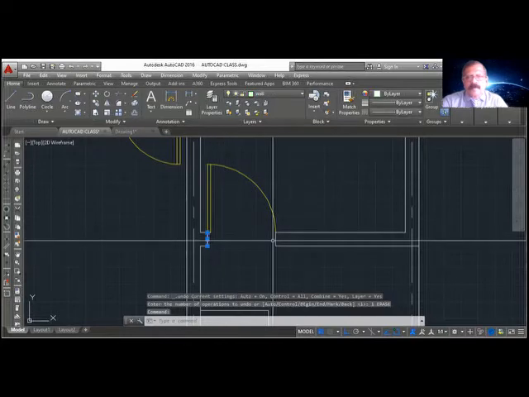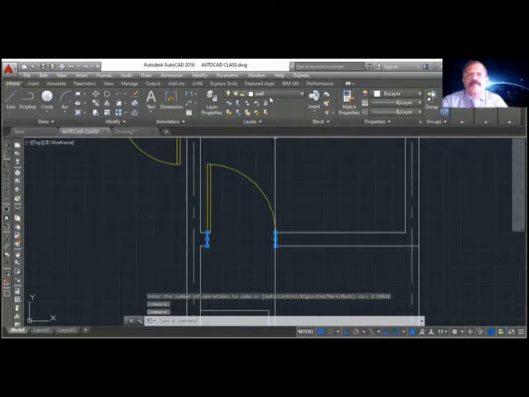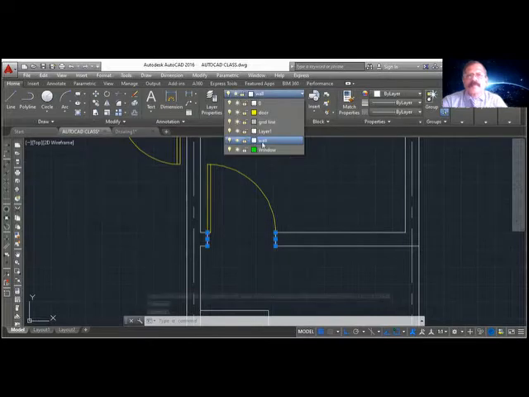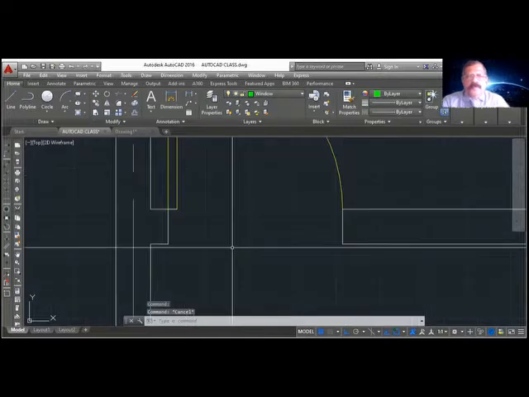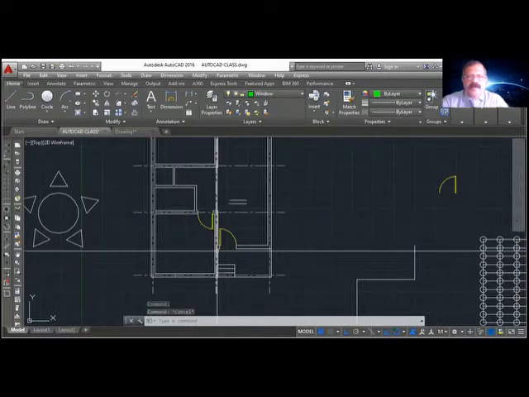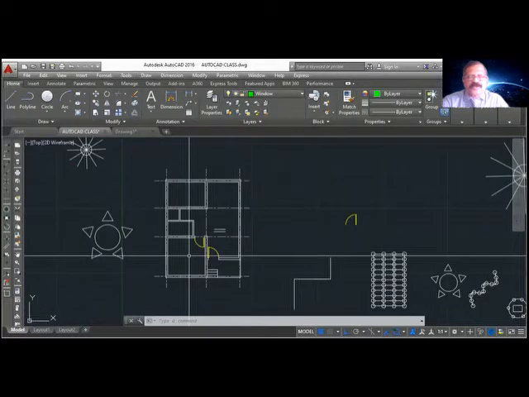Yeah, already the wall layer. Okay, that's how you do the doors. So I hope you got some idea how to insert the door now.